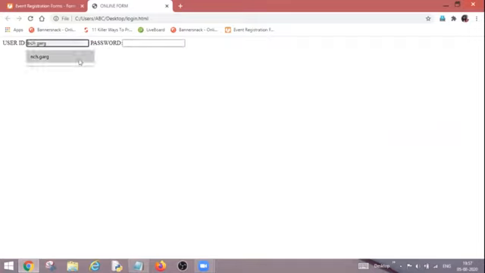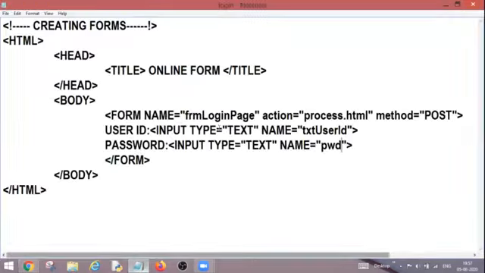But now, as I told you, in the text box I am allowed to enter text. If I write over here, the text is also visible to me. But I want that once somebody enters the password, it should not be visible to anyone. For that, I need to change the type. So my type is password for the password text box.